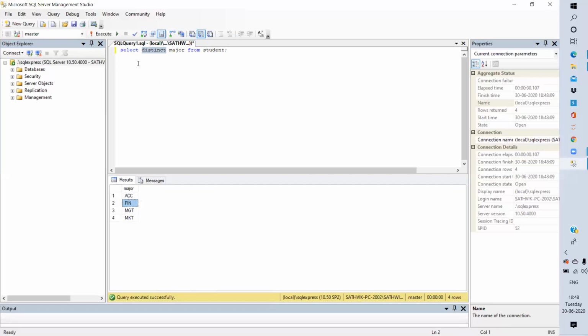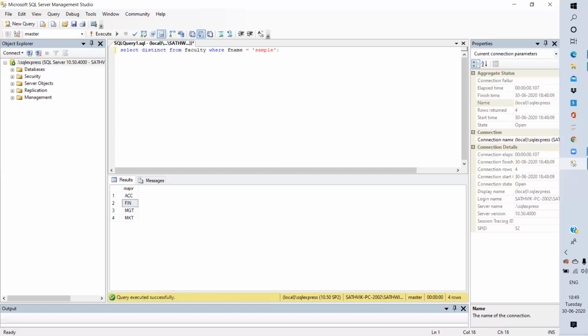Okay, we can use the distinct command here also.